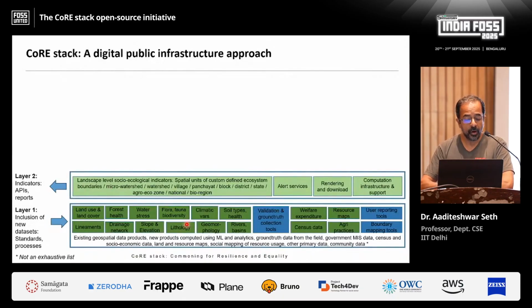On that, we can then compute analytics. For a given spatial unit, like a village or a panchayat, we are able to compute a lot of these different indicators of how things are changing. And just for perspective, when we started this work, we tried to understand how many such indicators are relevant when it comes to describing a landscape, because you need to understand how agriculture is changing, how biodiversity is changing, surface water, groundwater, forest, so many things.